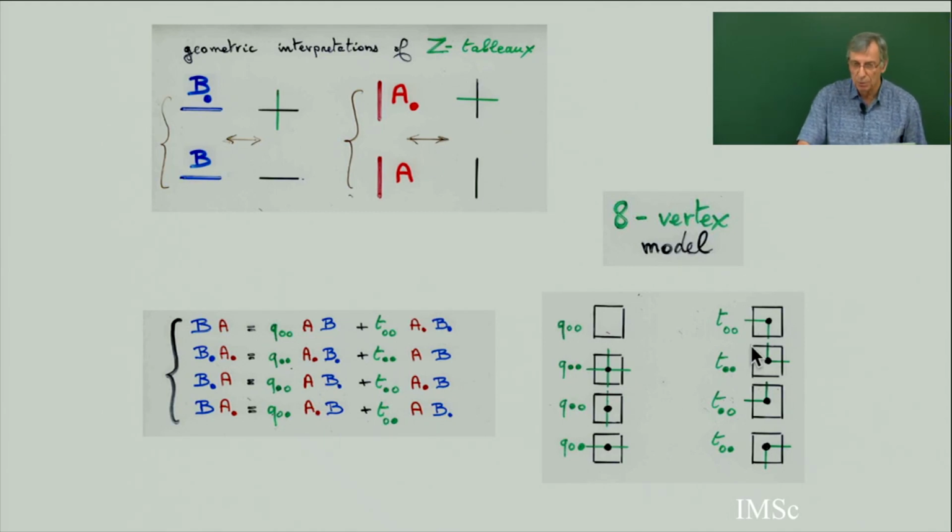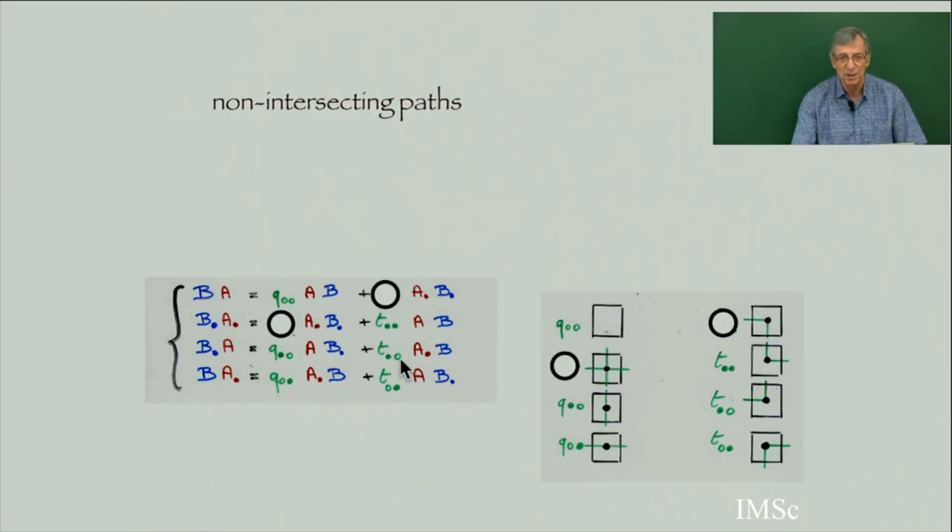So if I want to give back some classical configurations, some paths, some loops, etc., we need to put some coefficient equal to 0. To put this equal to 0 means I am going to forbid crossing. So in my subgraph there will be some lines, some paths, maybe some loops, but nobody is crossing. So if you put only this 0, you have some configurations of loops and paths which are non-crossing.